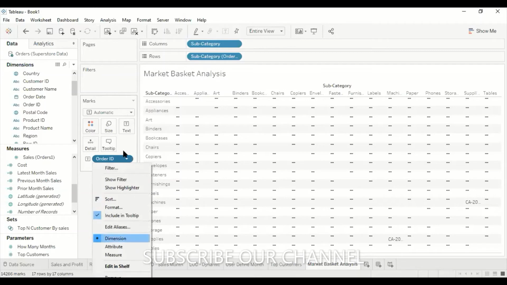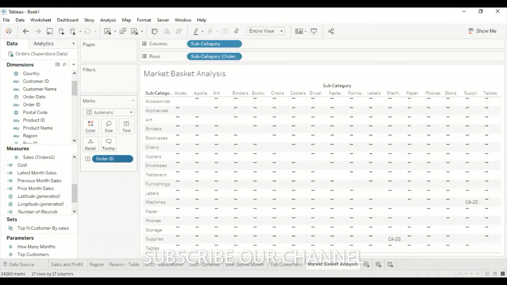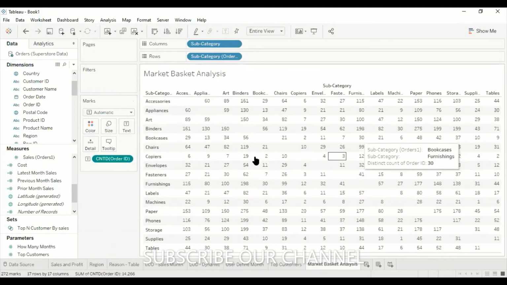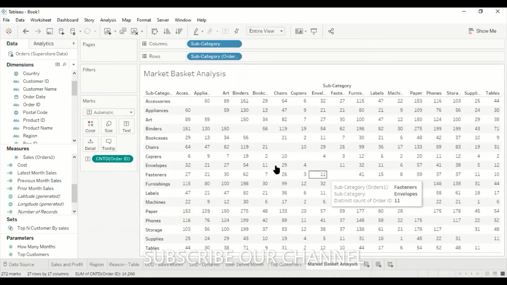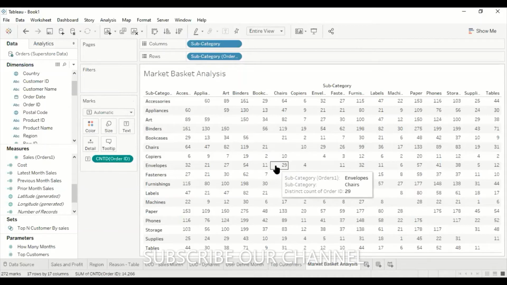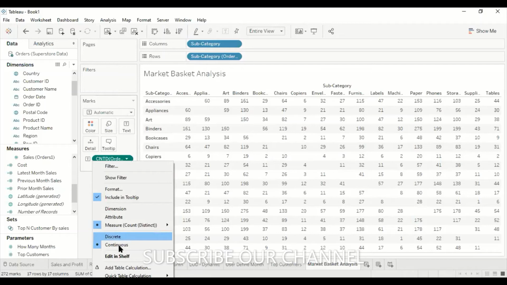Measures. Yeah, order ID. Next, go to measures. Okay, select this order ID, go to measures. Next, you choose count distinct. Now you can see this measure. Now this is the comparison. Hope you are okay. Because it was discrete, now I have to make it continuous. Select this order ID, go to measures. Under measure there is an option called count distinct.